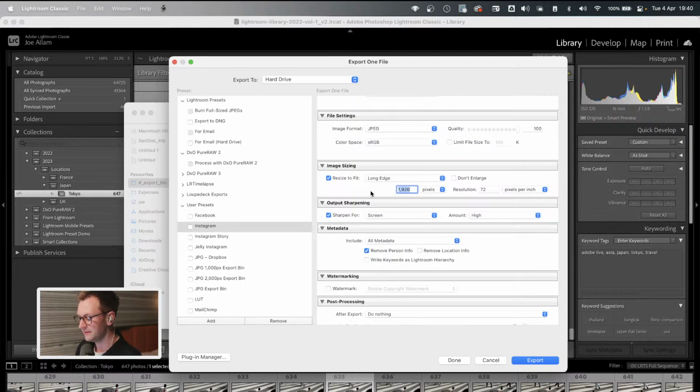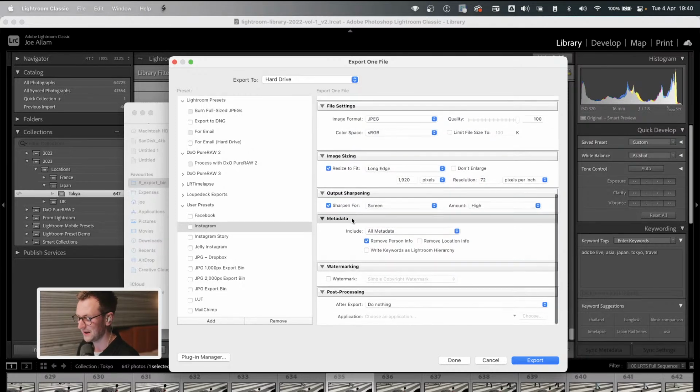And likewise, I leave it at 1920 because if I want to post, say on my Instagram stories, those are in 1920 by 1080 as a resolution. So I leave the longest edge as 1920. Resolution doesn't make a difference here. 72 pixels per inch honestly doesn't matter because it depends on the screen that you're looking at. If it's 300 pixels per inch, your screen is going to display it at the format of the screen. An Apple Retina display is about 320 odd pixels per inch, so putting it in the file name